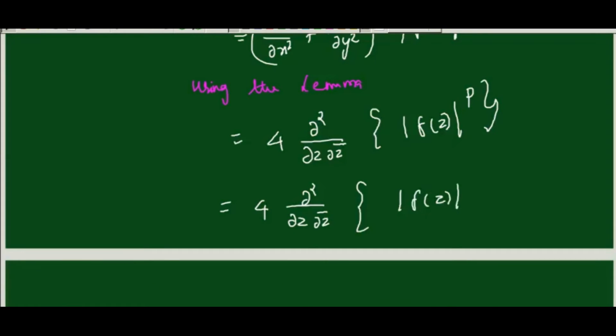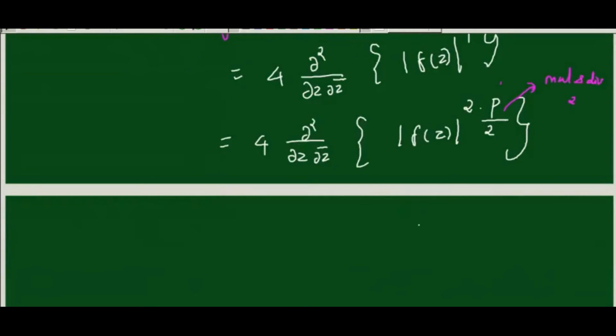If you multiply by some number, you must divide by the same number. So I'm going to multiply by 2, and in the same way I'm going to divide by 2 here. What I am doing is multiplying and dividing by 2. After that, using the note. We already know we can use the note here.